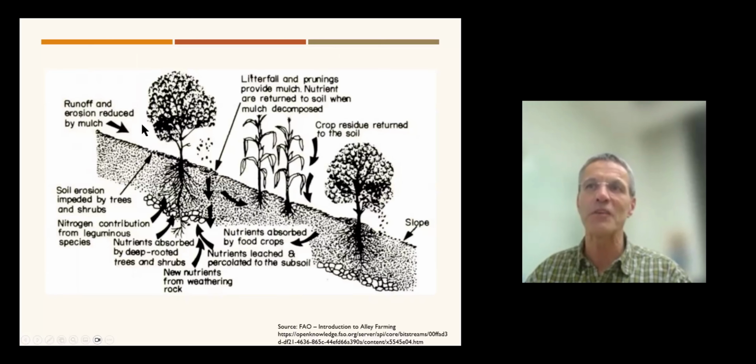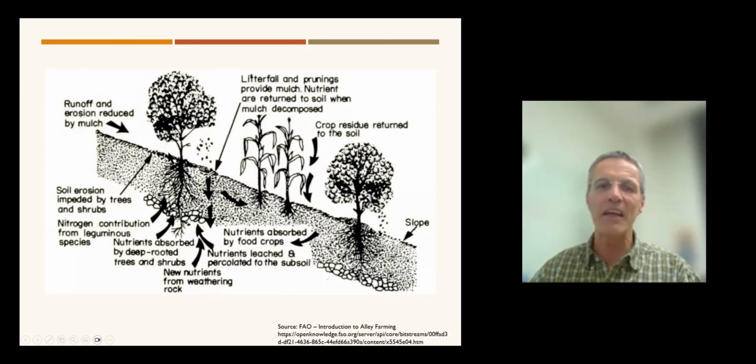Alley cropping is used quite a bit on slopes because it has this natural tendency to, when you plant the trees, you will have any runoff or erosion kind of collect where the trees are, and then it creates little terraces. And any tree leaves fall onto the ground, and it reduces erosion in the first place. So it's a really nice place for planting it on a slope, and which would be very, very relevant, obviously, to Bhutan because much of your growing is on slopes.